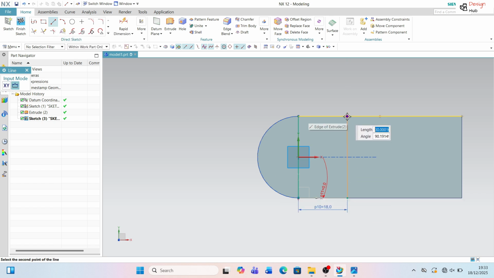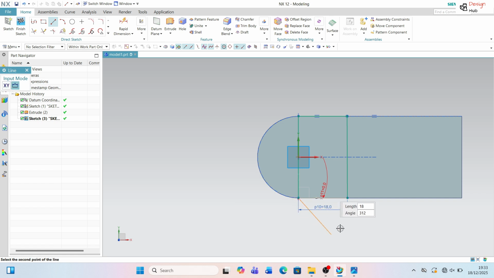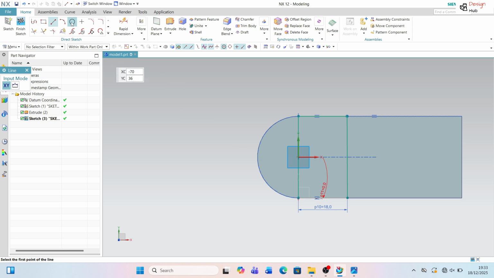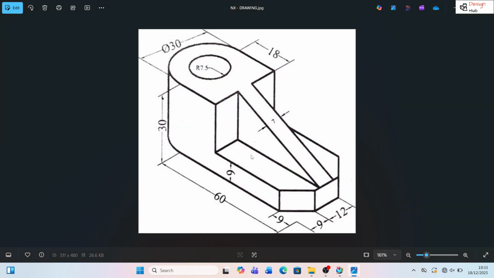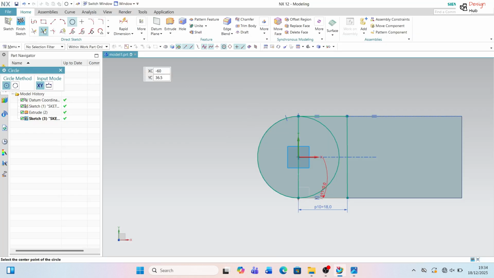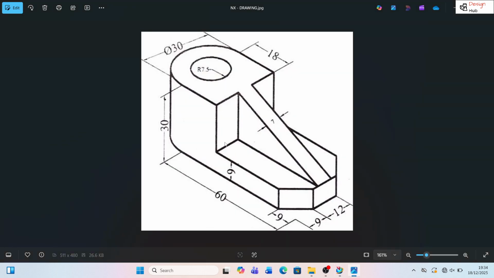So we create the rectangle 18 by 13 on the surface. The 30 mm diameter. So choose the trim command, cut the unwanted line, and